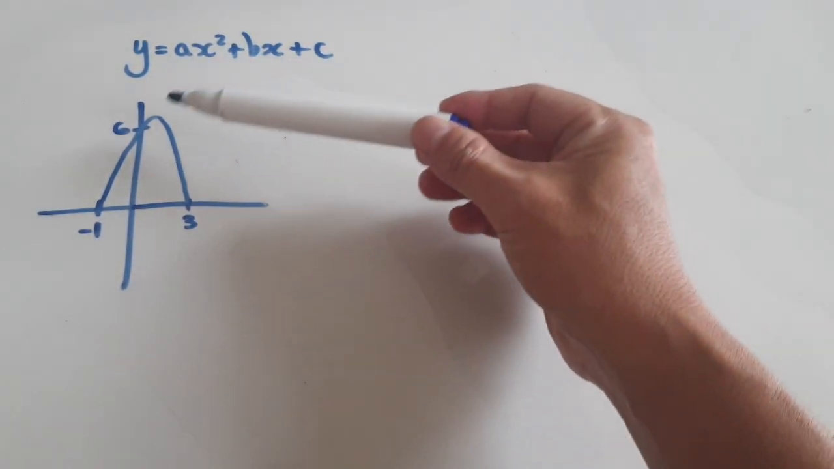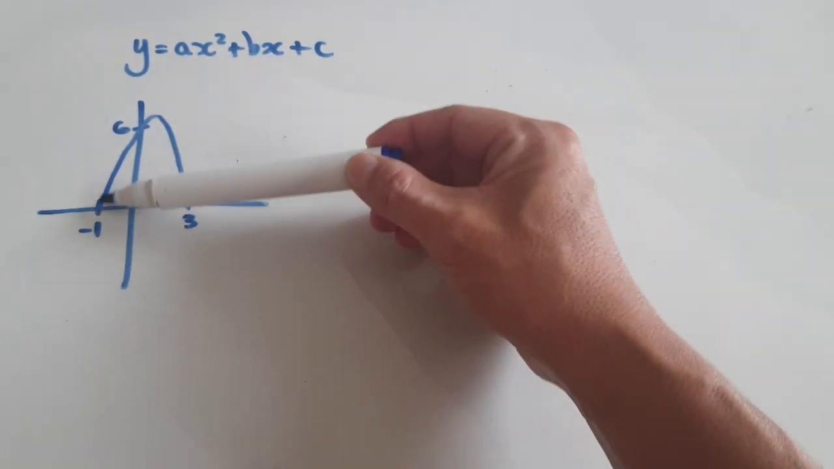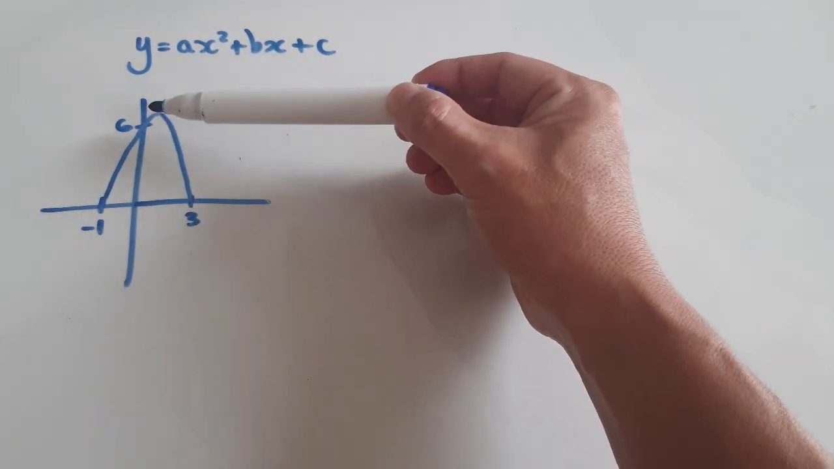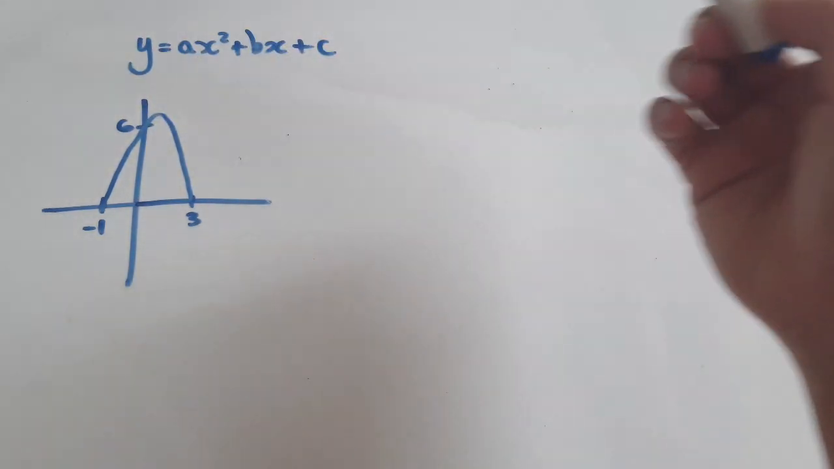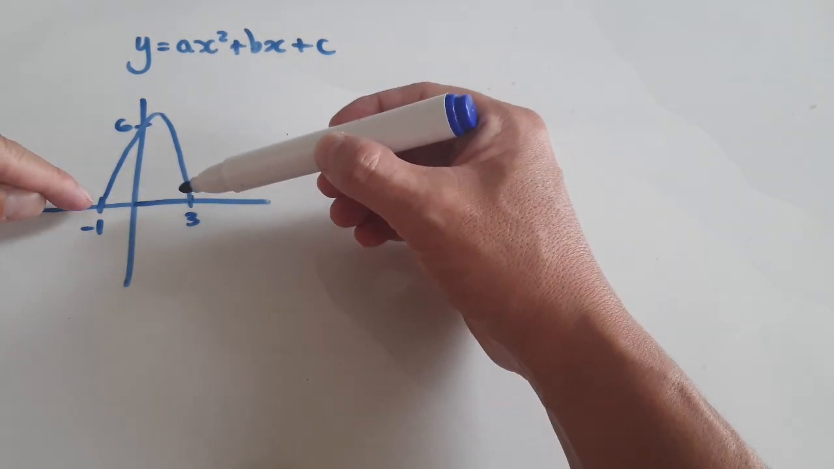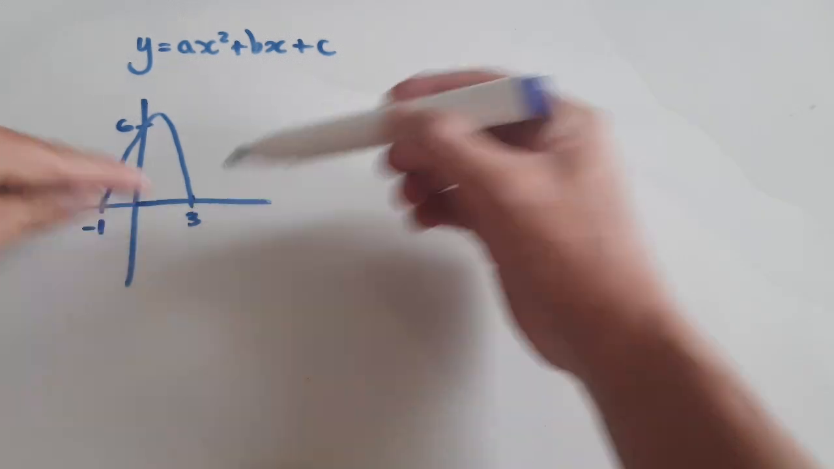In this video, we're going to come up with a quadratic equation where the quadratic has roots at 3 and -1 and the intercept is at 6. So to do this, if you want to force a quadratic to have roots at -1 and 3,